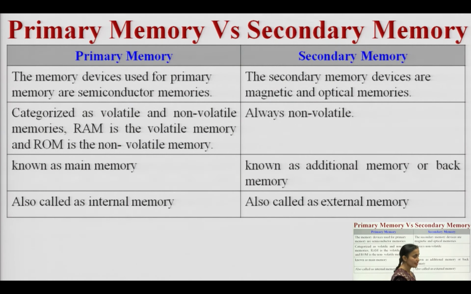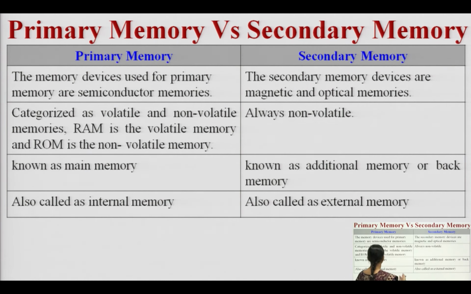Then basically we have categorized our memory into two parts. One is primary memory and the second is our secondary memory. Primary memory we covered in the earlier lectures, that was our RAM and ROM, the main memory. The CPU is directly connected to the primary memory and accesses it. The second type is the secondary memory that we have discussed in this lecture, also known as auxiliary memory. So, we will first differentiate between primary memory and secondary memory.